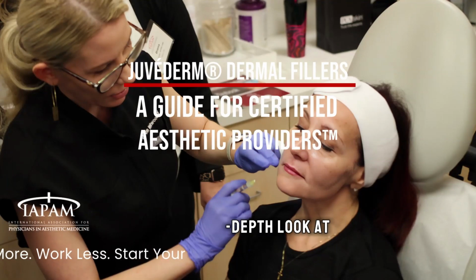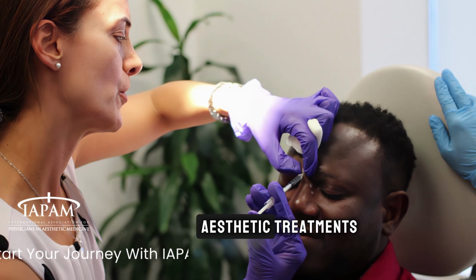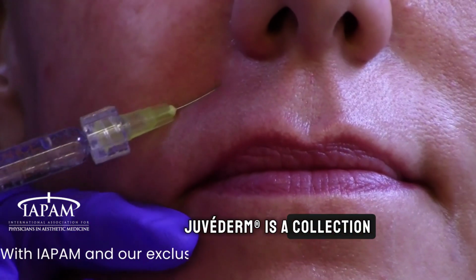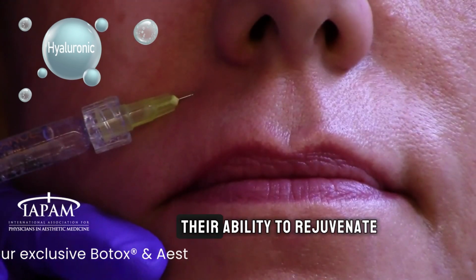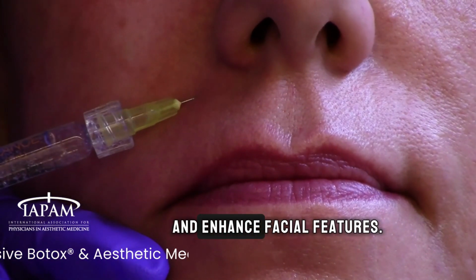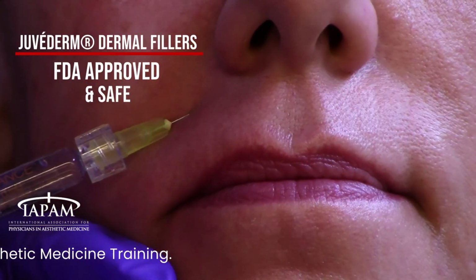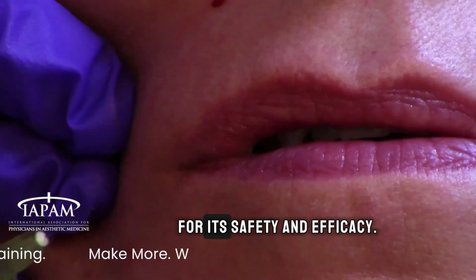Welcome to our in-depth look at Juvéderm Dermal Fillers, a cornerstone of modern aesthetic treatments known for their transformative effects. Juvéderm is a collection of hyaluronic acid-based fillers that are celebrated for their ability to rejuvenate and enhance facial features. Since its FDA approval in 2006, Juvéderm has become a trusted choice among practitioners and patients for its safety and